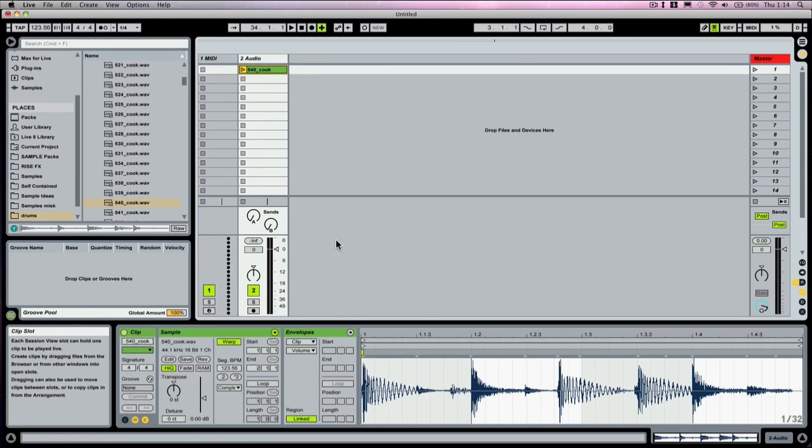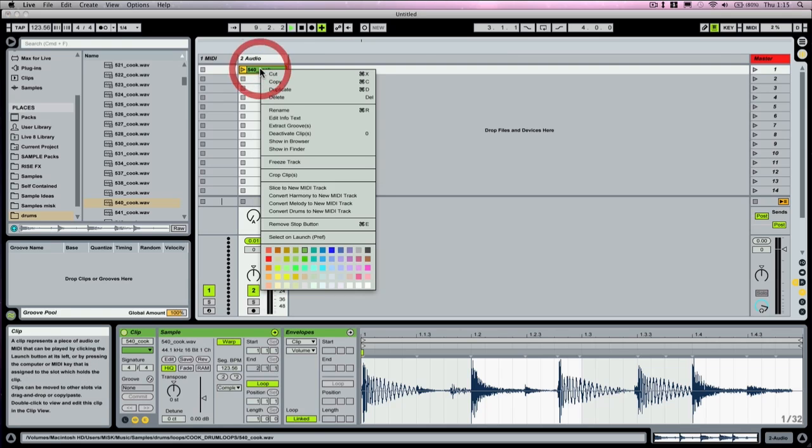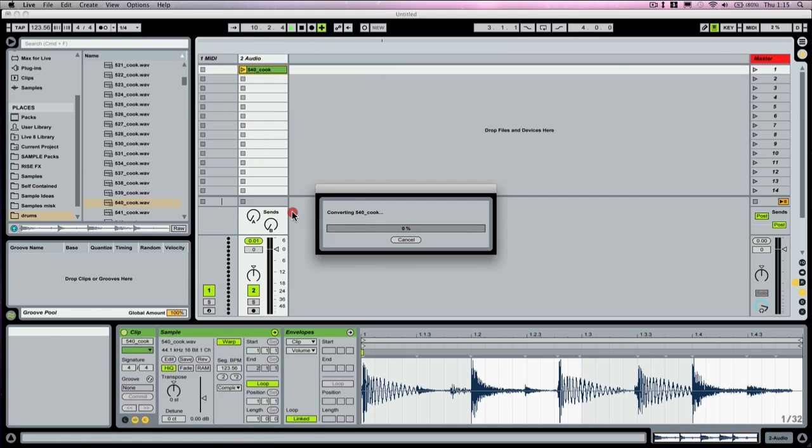Let's take a drum loop. Now we can see the drum loop here. Sometimes you'll have a drum loop or you'll hear a part of a song that you really like the drums in, but you're going to augment it. You want to take that pattern, you might want to beef it up with an extra kick, snare, and take the movement from it. So I'm going to right click on the sample here and click Convert Drums to New